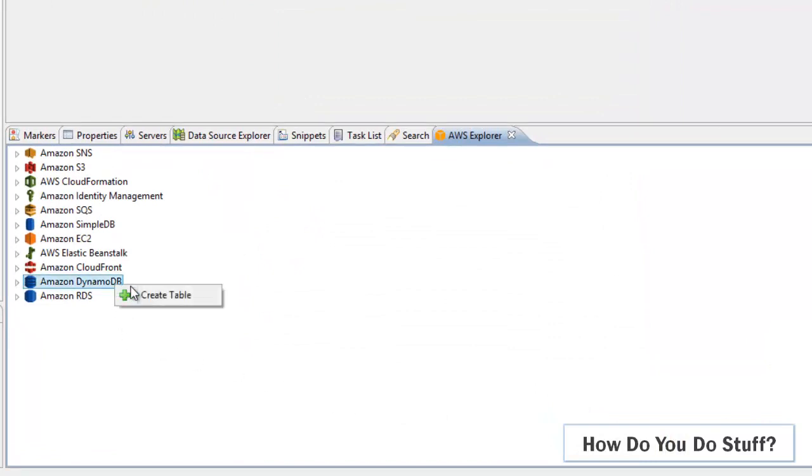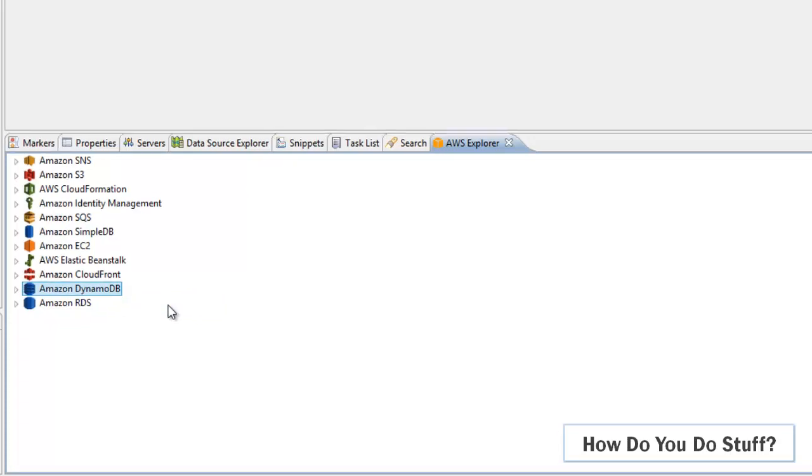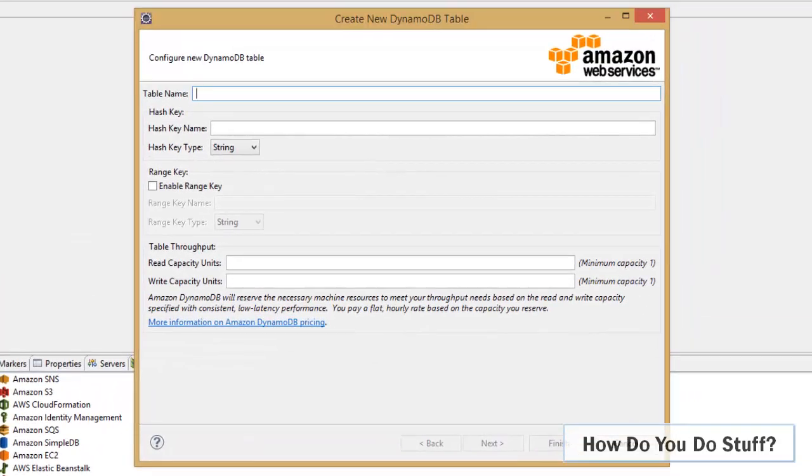And just right click this and select Create Table. This is the kind of task that a developer might carry out in Eclipse when they need a table to work against, but it's not actually worth writing the code to create one. Creating a table via this plugin is as straightforward as creating a table actually in the AWS console. Let me put in a table name of trainers, and I'm just going to have a hash key name of trainer name